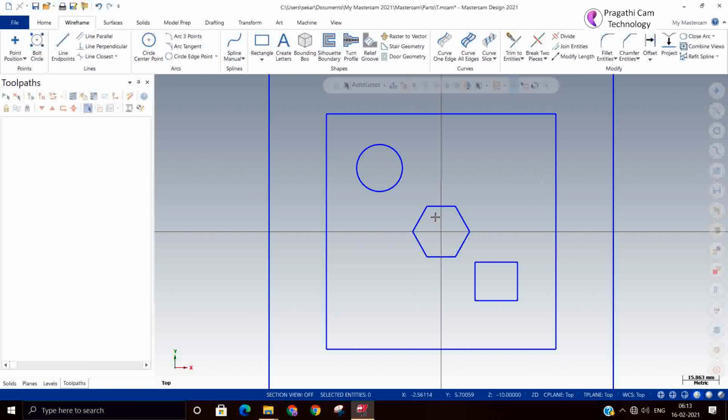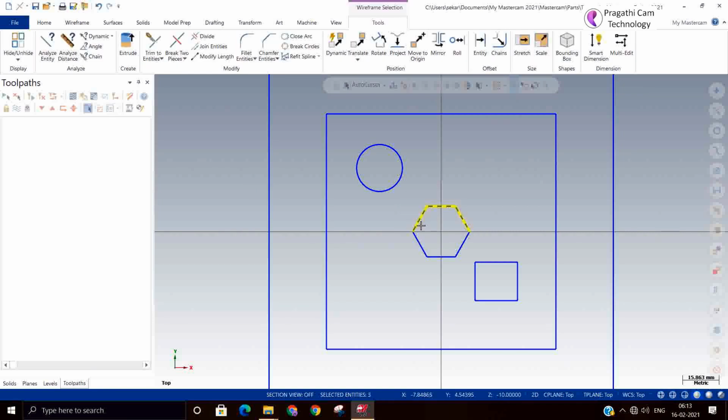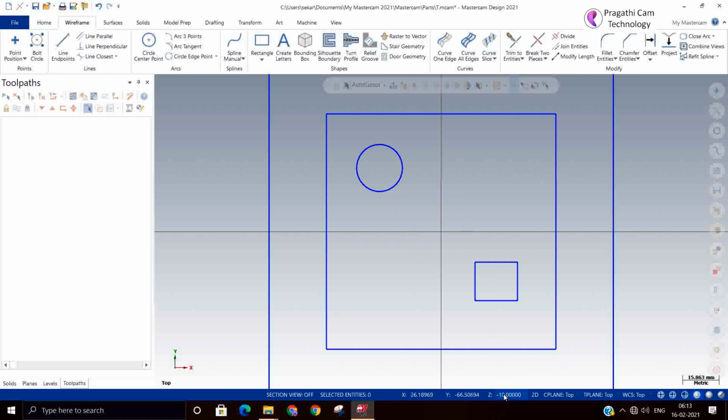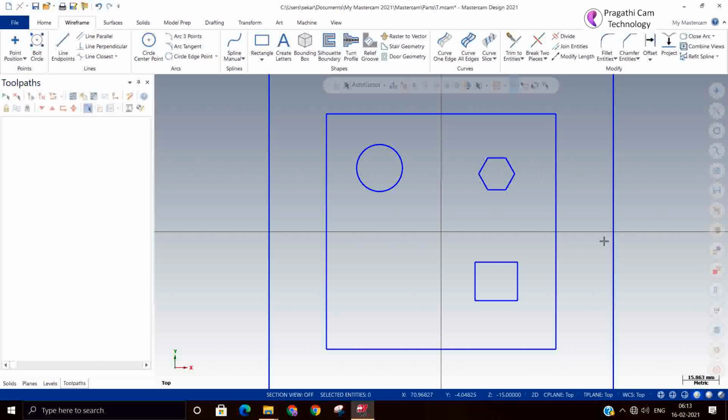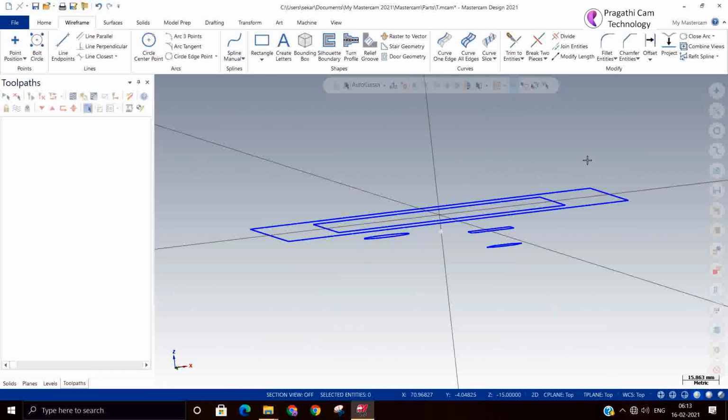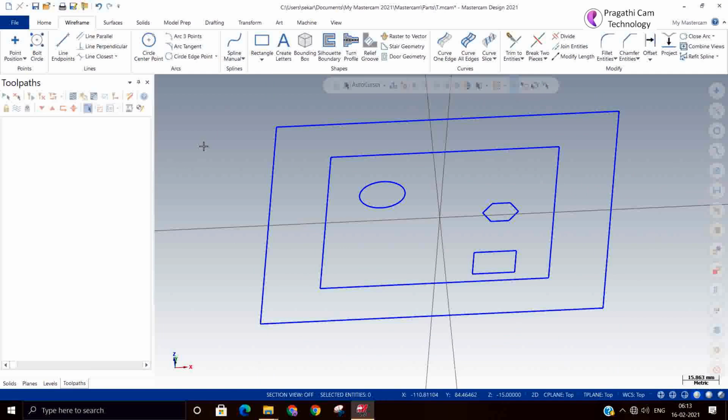I deleted the earlier one. I'll say -15, one hexagon. So if you see from the front view, all three are at different heights.